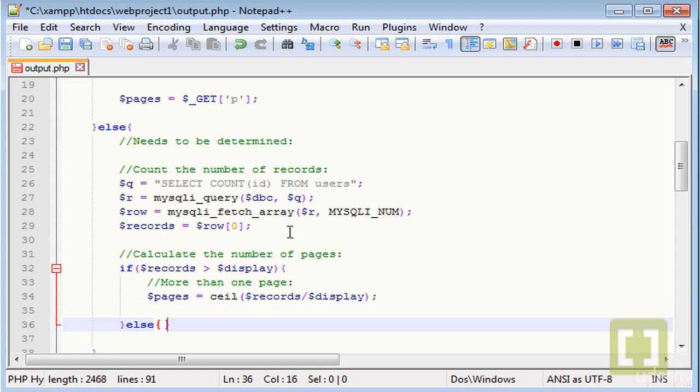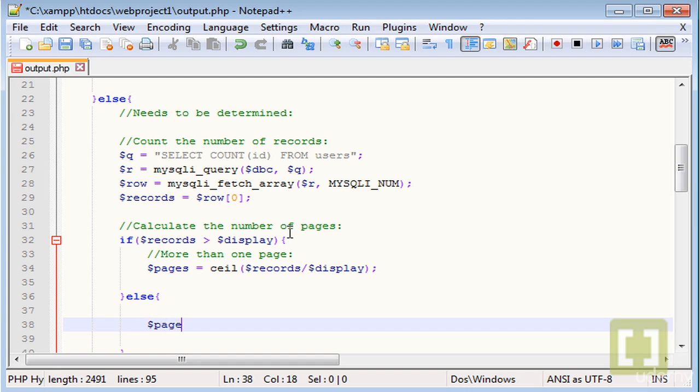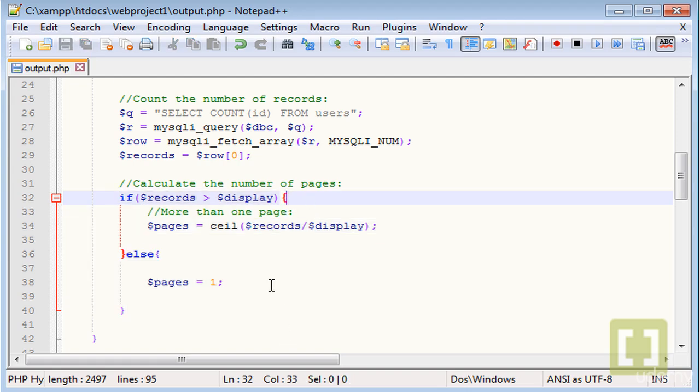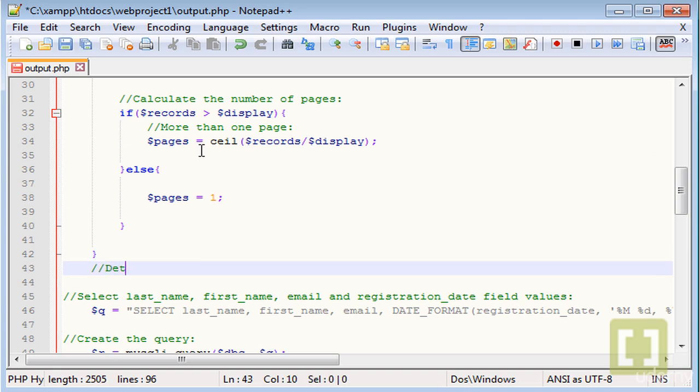Else pages will be equal to 1. Okay, so with this little script or if condition, we calculate how many pages there are depending on the results we get from the database. Okay, now the next thing to do is to determine